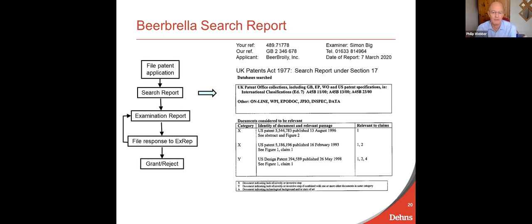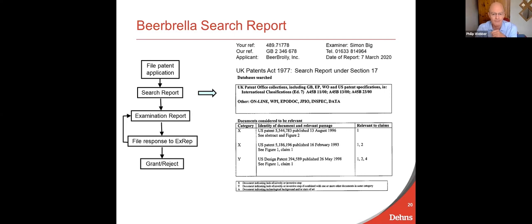And the examiner will often send us copies of these documents or show where they can readily be available on the internet as well. Having received this search report, I can then go through the documents with the inventors, and we can make a decision as to whether the search report is really bad. Is there any chance of proceeding or not? If the examiner's found some documents that pretty much disclose all features of their invention, then you can just give up now. Don't waste your time, don't waste your money on any further, but hopefully you can get something